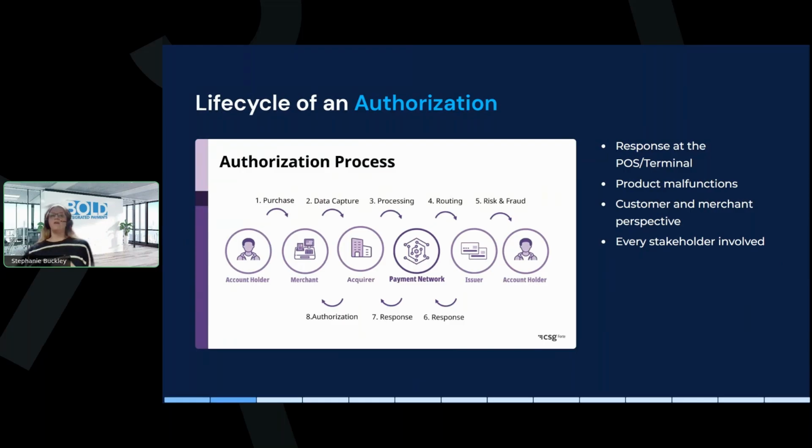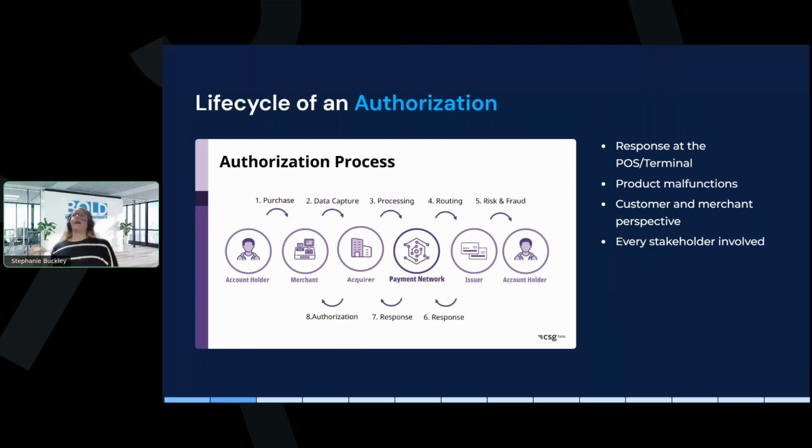So for the life cycle of the authorization, the card holder will present their card. It will be inserted or tap to pay or swiped or even keyed at the terminal. And then the data capture that occurs from the information on the cardholder's card gets passed through basically instantaneously through several areas within the payment processing industry. So it starts with the terminal communicating with the acquirer, which is where the VAR sheet, where the file build for the terminal has originated from.